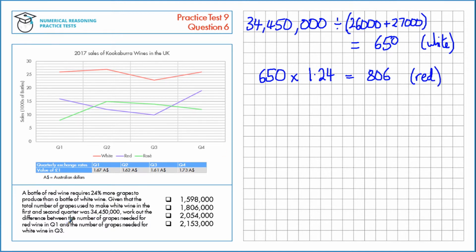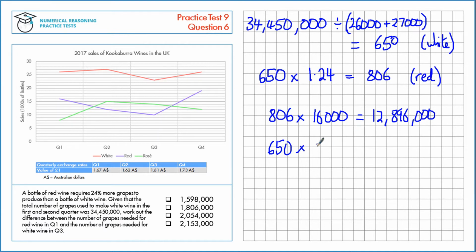Now we can work out the number of grapes needed for red wine in Q1. That's 806 grapes, multiplied by the number of bottles for red in Q1, which is 16,000. That's 12,896,000. And for white wine in Q3, we know that it's 605 grapes per bottle, and Q3 white wine is